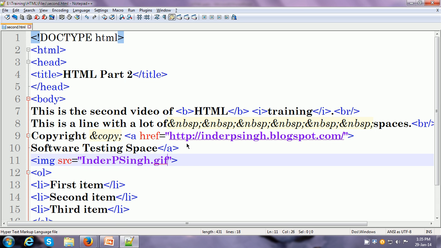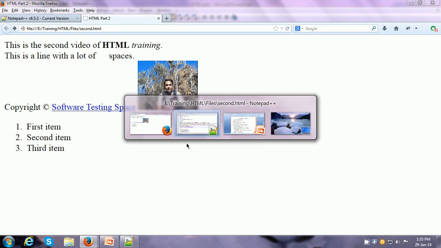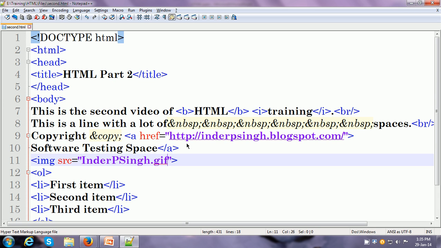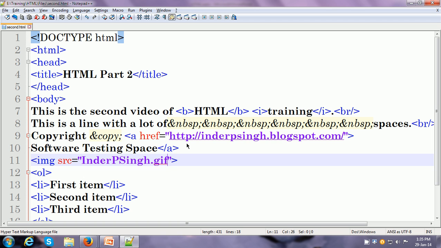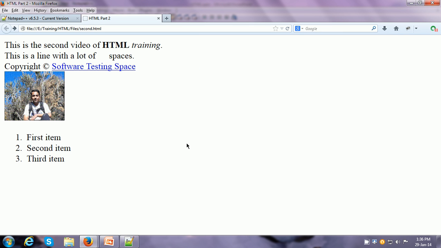Now one more thing we can do is specify the size of the image. So maybe the image is a little too big or too small and we want to resize it, or we want the image to come on a different line. So let me first of all take the image on the next line, so use the BR tag for that. So the image comes on the next line. Now let me specify the size of the image.